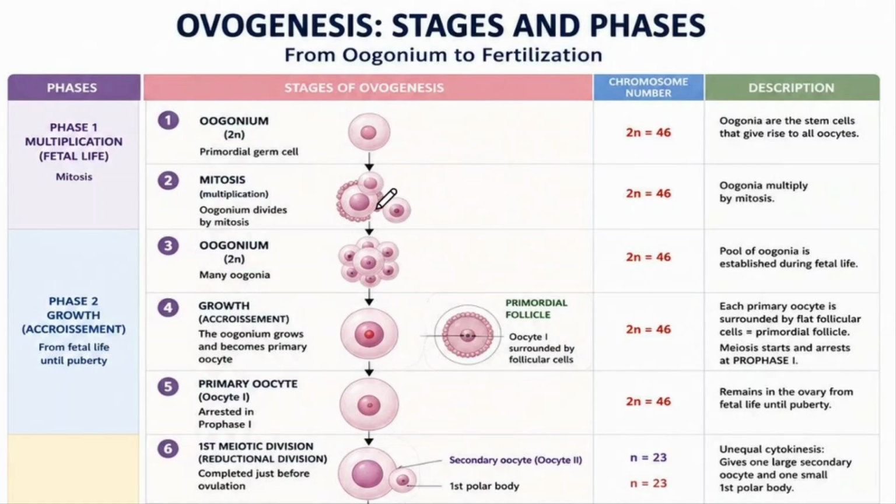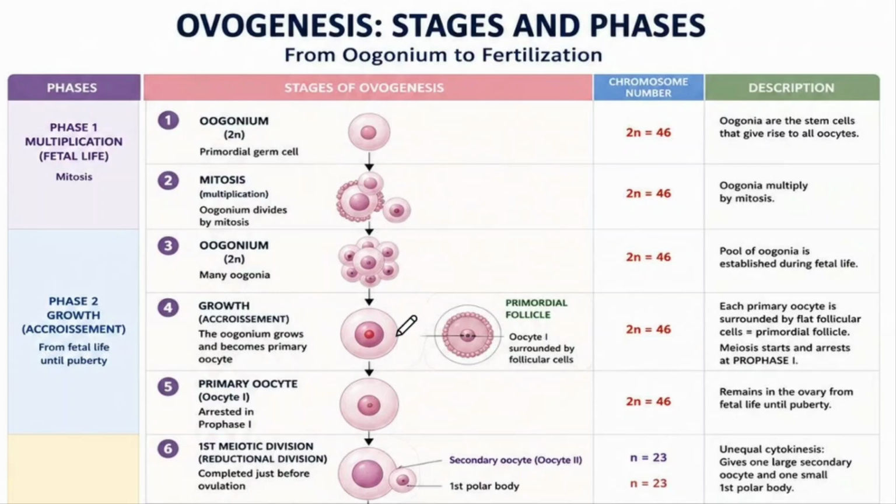The ogonia increase in size and become primary oocytes, also called oocyte 1. Each primary oocyte is surrounded by a single layer of flattened follicular cells, forming a primordial follicle. The primary oocyte still contains 46 chromosomes, which means 2n,